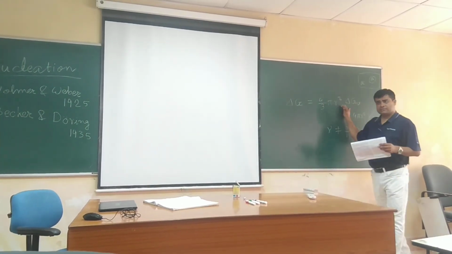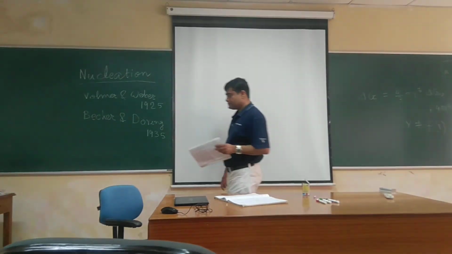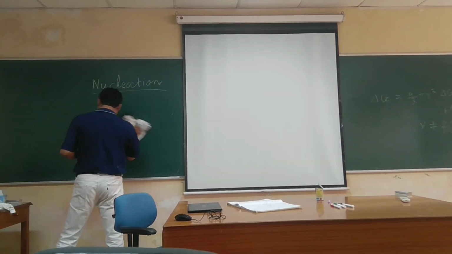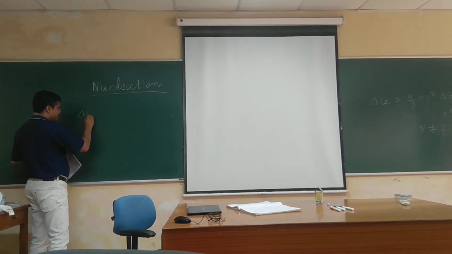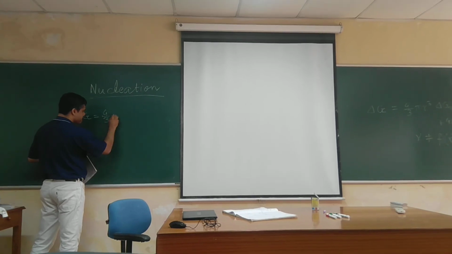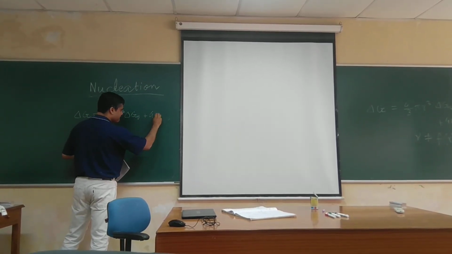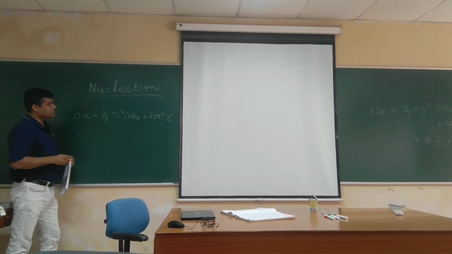Then you use the classical nucleation theory to get that size from the thermodynamics, that is, delta G of formation, the free energy of formation of the nucleus, will be 4/3 pi r cube, where r is the radius of the embryo, multiplied